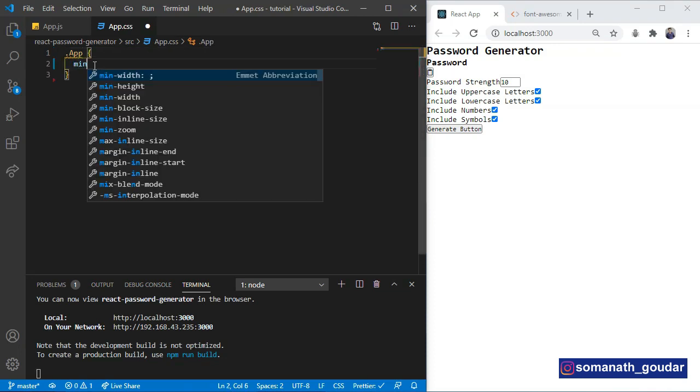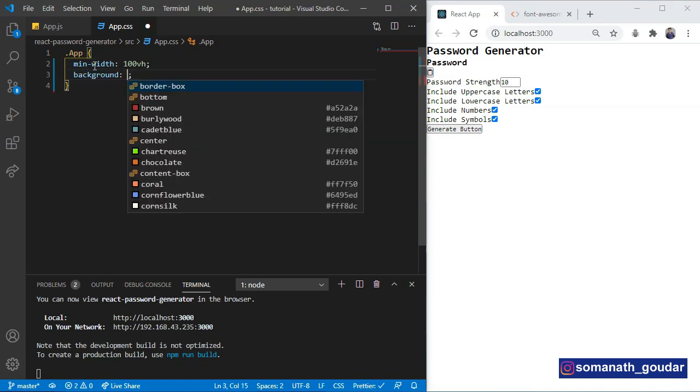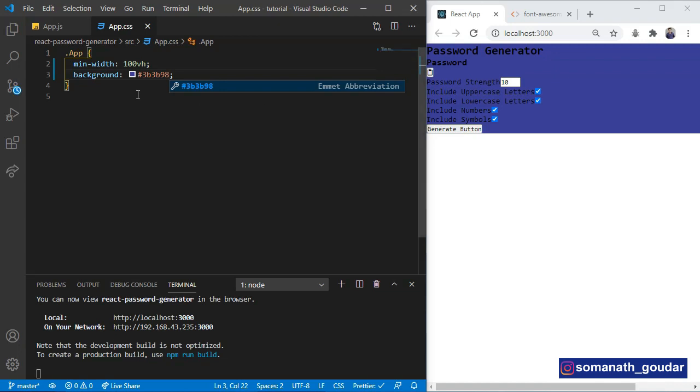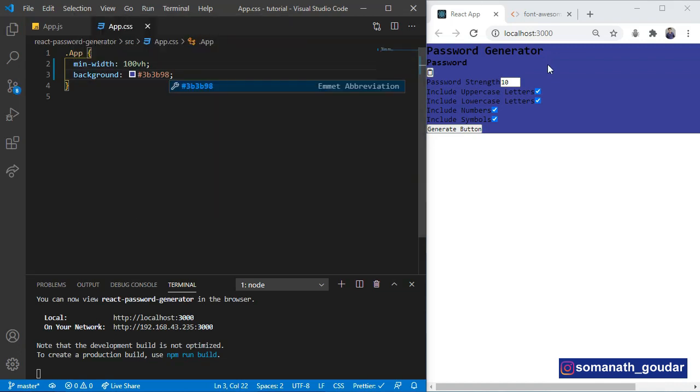Let's give it a min height of 100 view height, and set the background to this color like that of the final version. Now let's save. I don't know, yeah, this should be minimum height.